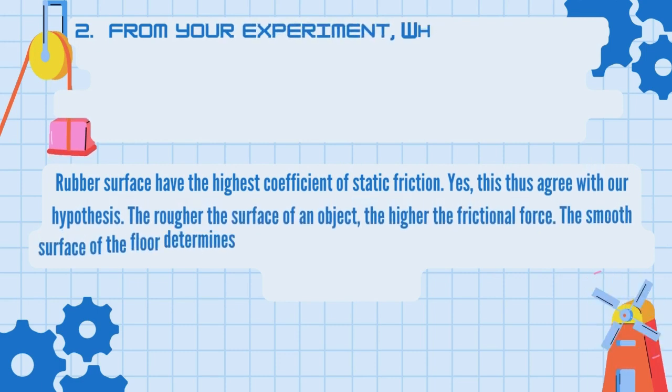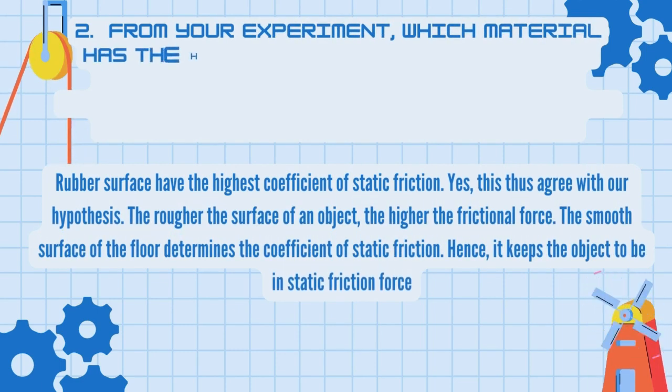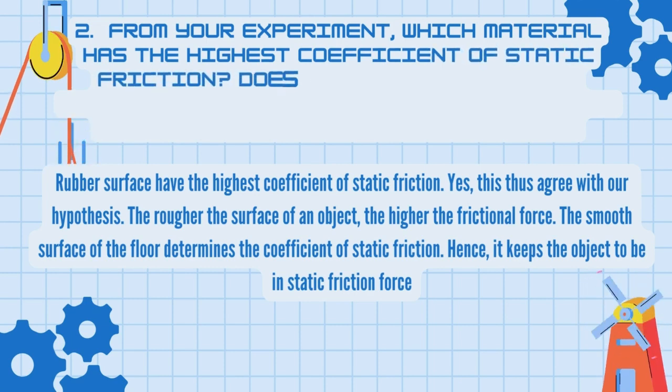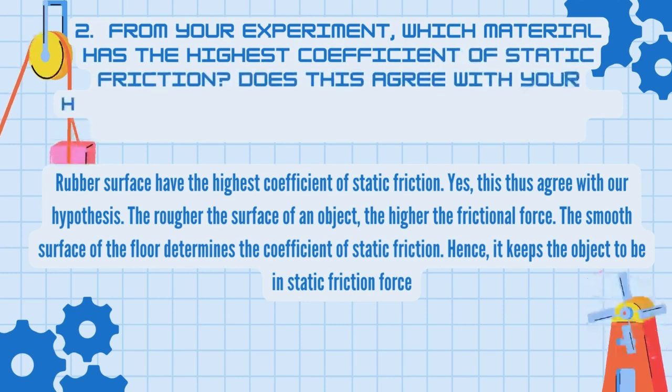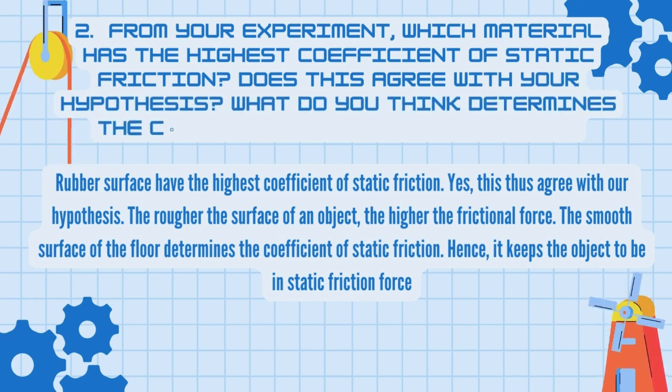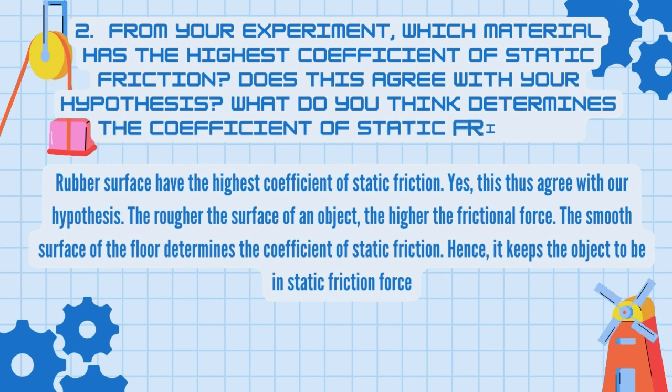For the second question, from your experiment, which material has the highest coefficient of static friction? Does this agree with your hypothesis? What do you think determines the coefficient of static friction? The rubber surface has the highest coefficient of static friction. Yes, this does agree with our hypothesis. The rougher the surface of an object, the higher the frictional force. The smooth surface of the floor determines the coefficient of static friction. Hence, it keeps the object in static